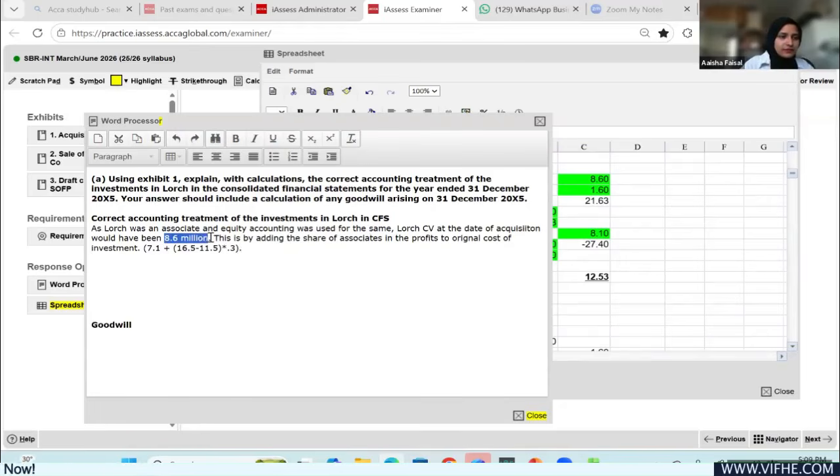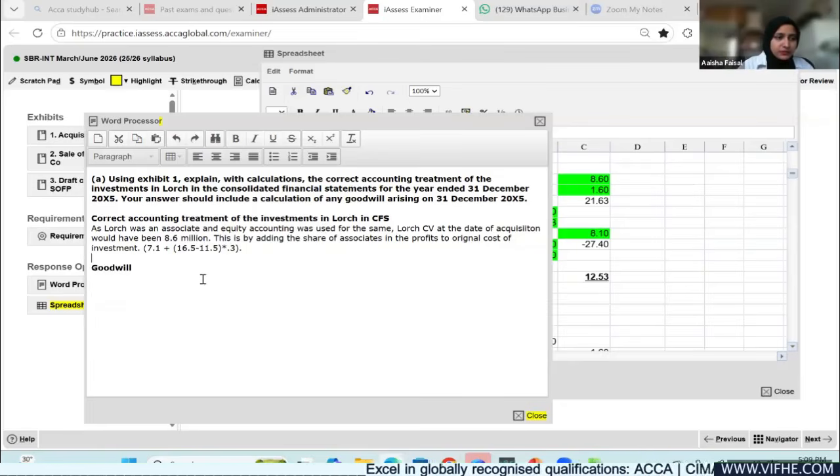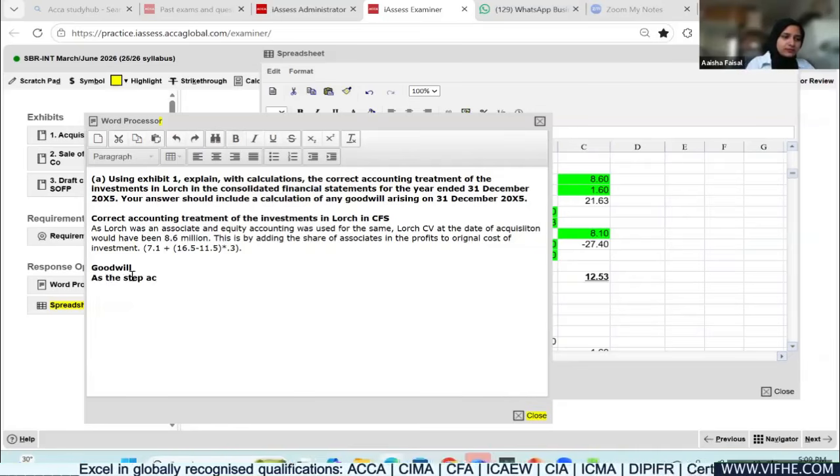You have given a working for it. Okay, here it is. So you explained the treatment, that this is what it was. This is what was required for Launch in CFS, it being an associate. Now, when you do the goodwill accounting, what was required? As the step acquisition